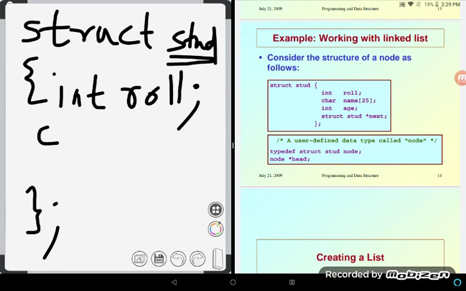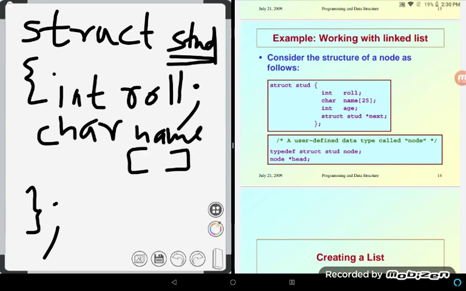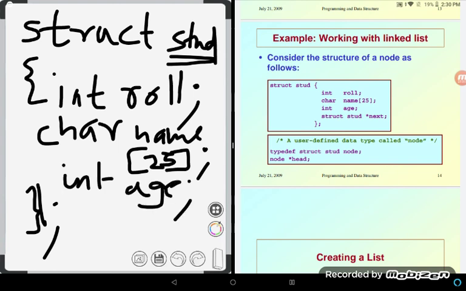Name is characters, so I can write char name, declared as an array, and within the brackets I am specifying a maximum of 25. And the next one was age: int age. And this is the structure declaration, the structure you have learned in the C programming language.